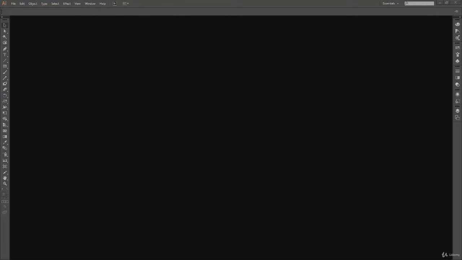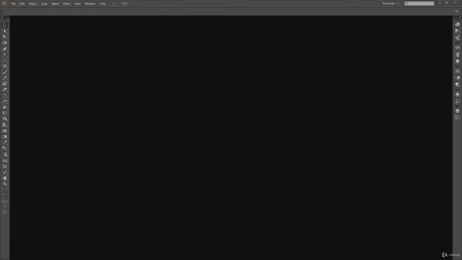Then we learned how to create a new file and save that file, and how to open that file again in Illustrator. We also learned that the extension of Illustrator is .ai, and we saw if we want to save a file in legacy versions, like right now we are using Illustrator CC and you want to save it in CS6 or CS5 versions of Illustrator, how can we do that? So you get options while saving the file. So yeah, you can refer to my previous video for that.